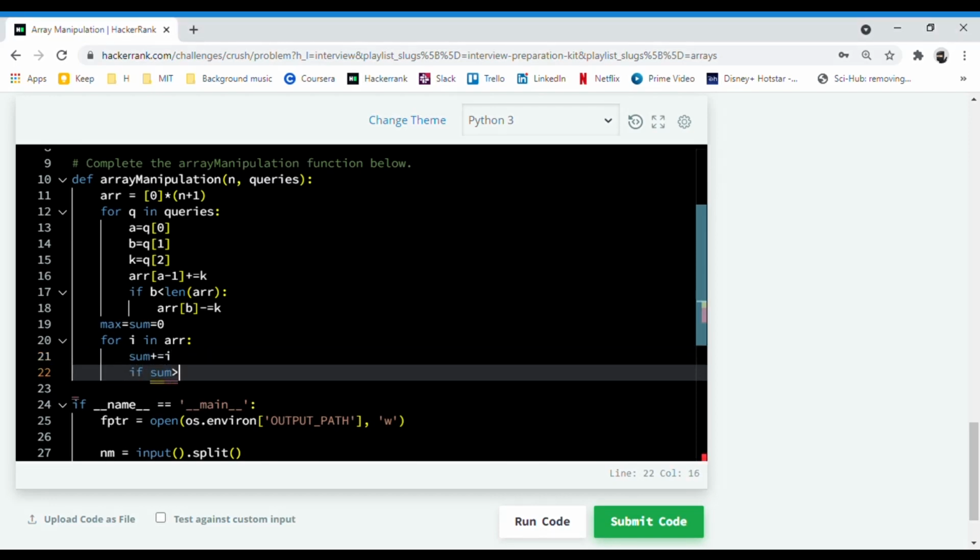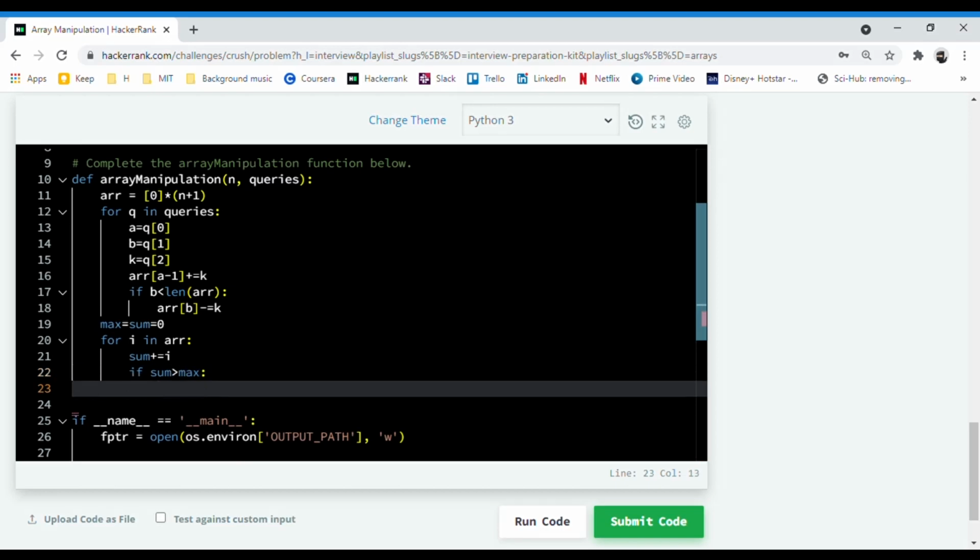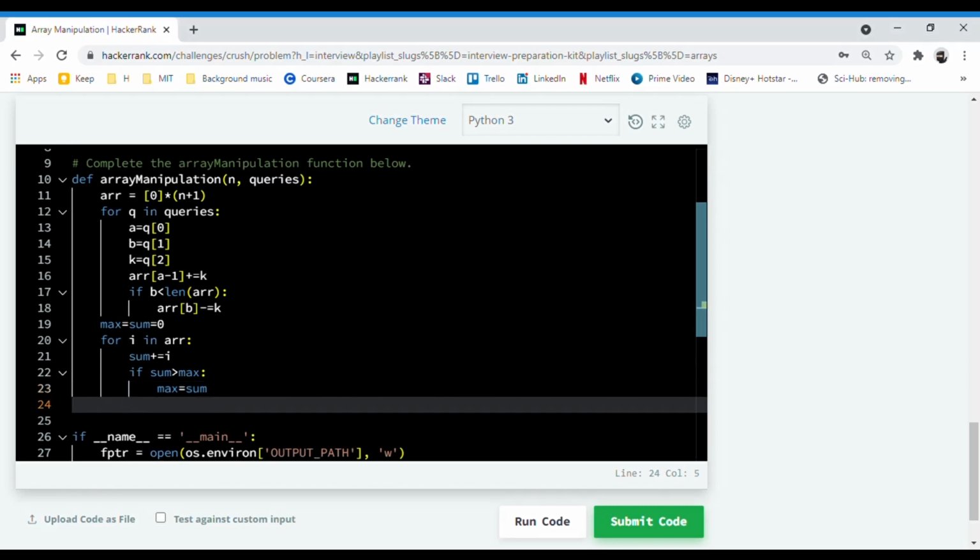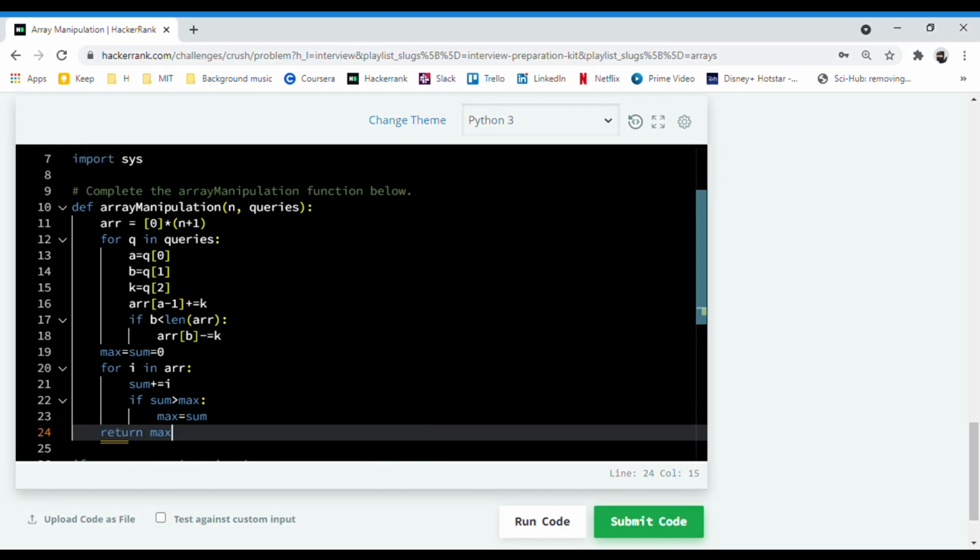And if sum is greater than max, then assign max as sum, and simply return max. This should give the answer.